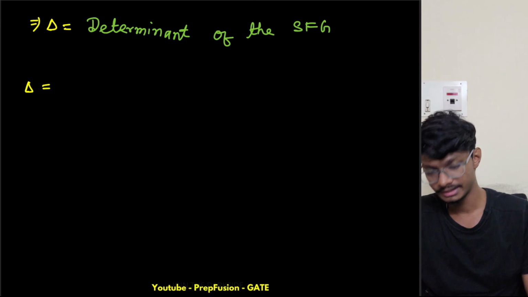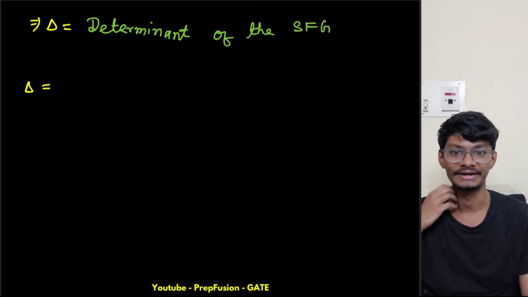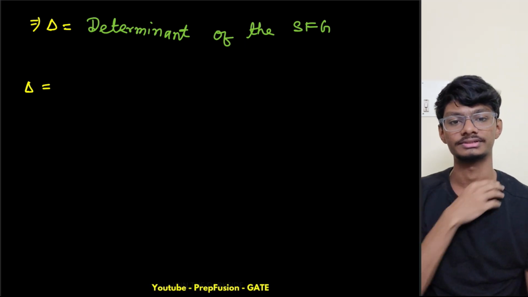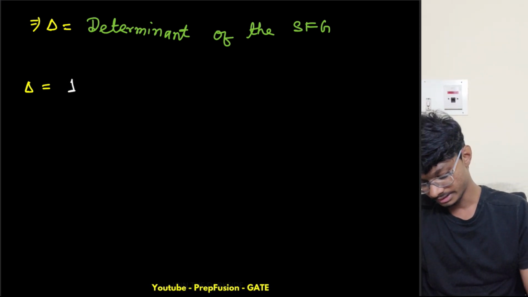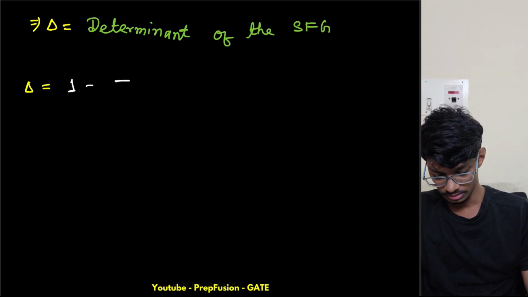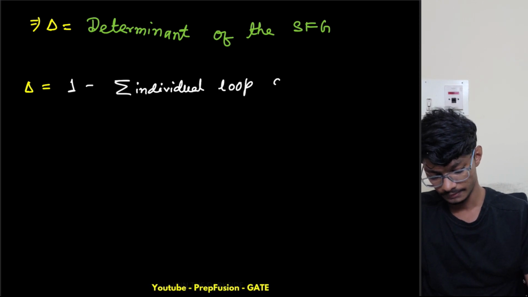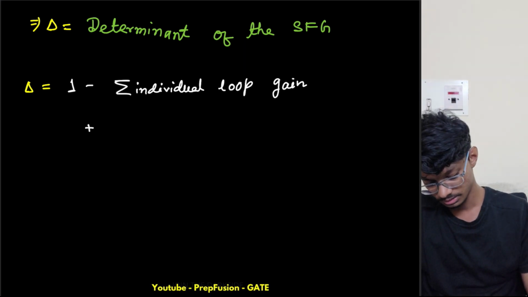Delta can be expanded in this form. Just don't get frightened by this form. This is very simple. At first glance it may look difficult. Delta can be expanded like 1 minus the summation of individual loop gains, plus the summation of